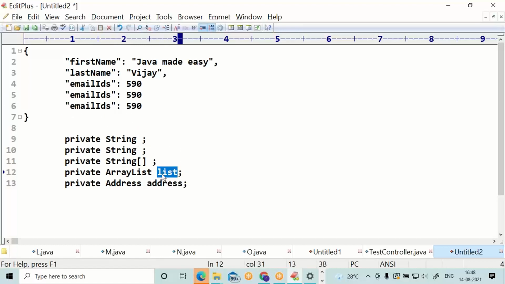Array list is going with a list only. Address. Now, email IDs is an array. In case of JSON, an array should be with a square bracket.